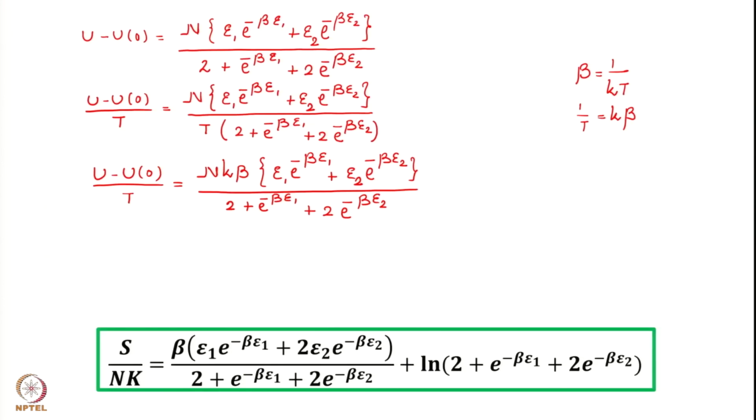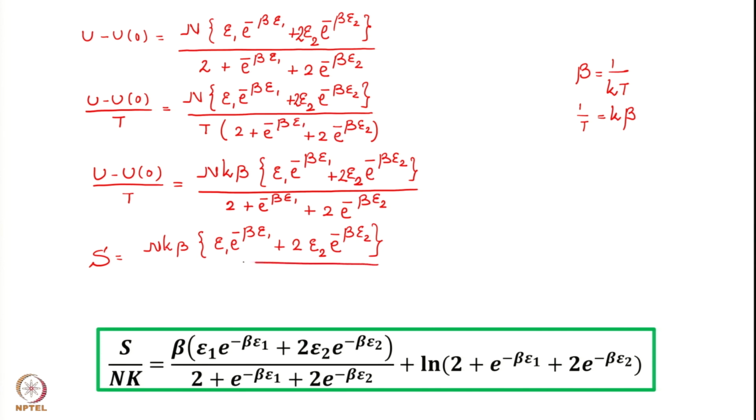Keep a factor of 2 over here, which we missed. So I have this. Okay, so we have U minus U0 by T. So S is equal to (U minus U0) by T, which is NKβ. Inside I have E1 exponential minus βE1 plus 2E2 exponential minus βE2